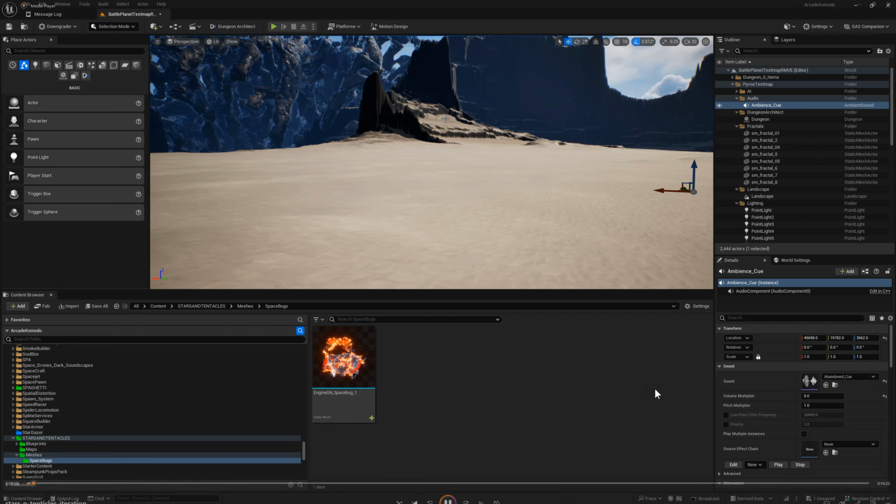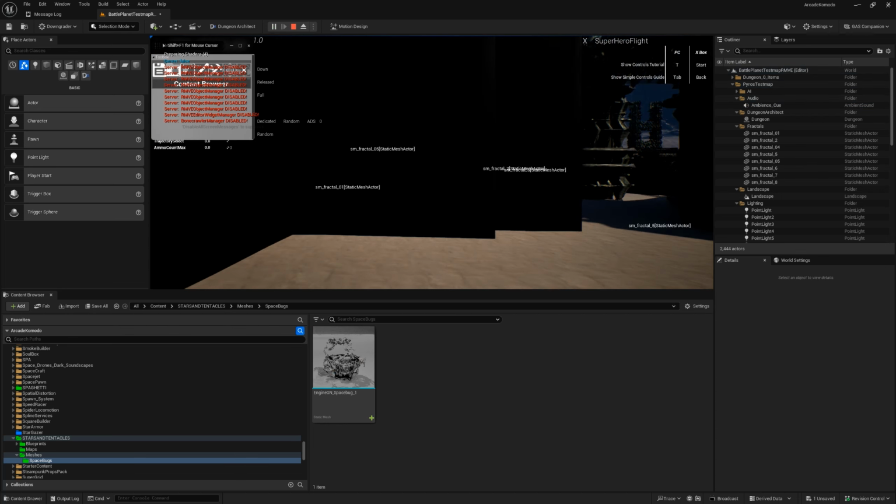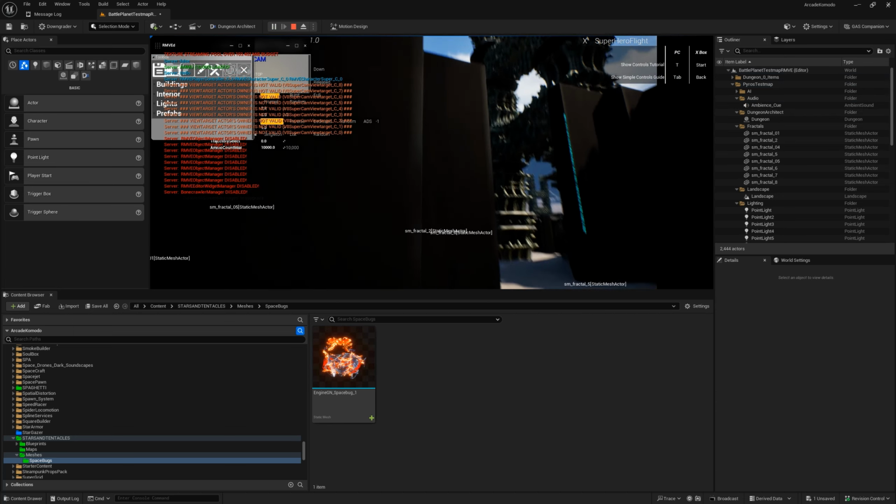Of what abilities, attributes, effects, events, and tags are and how to use them. Let's start by creating a brand new project using the first person template. The first thing we need to do is enable the gameplay ability system by opening the plugins tab and searching